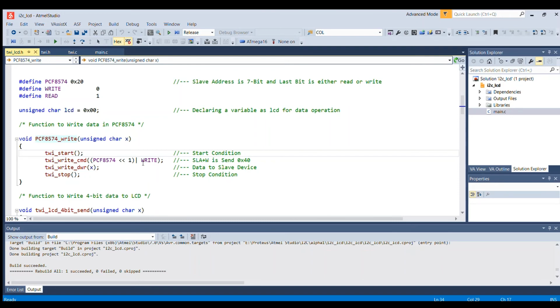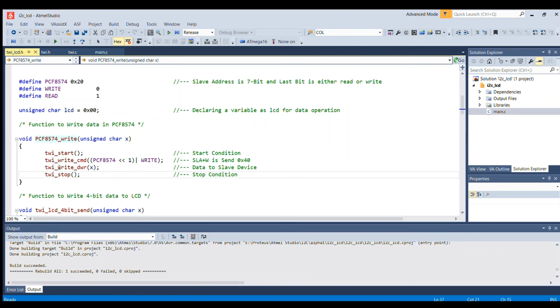Here we will be doing a write operation, so I am sending the address of the slave, shifted to the left by 1 bit, telling it that I am going to write. Then I will send the data which I will be writing to its ports, from P0 to P7, and after sending the data, I will stop the communication.